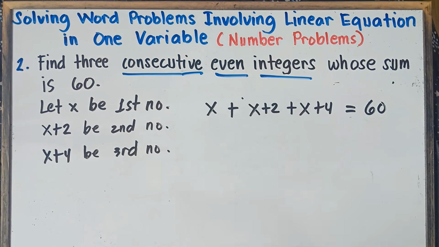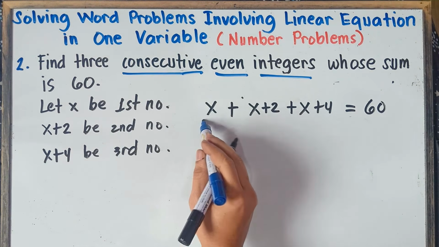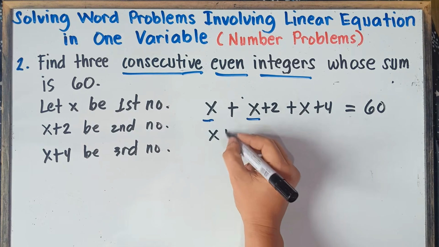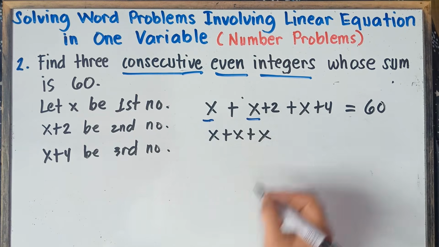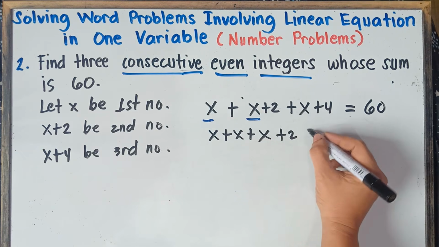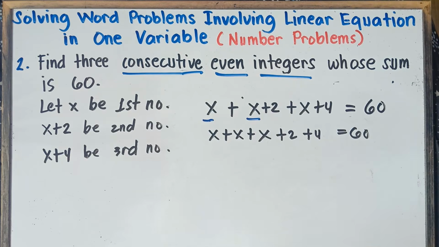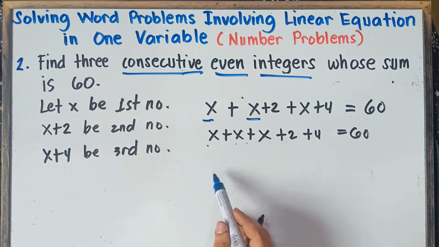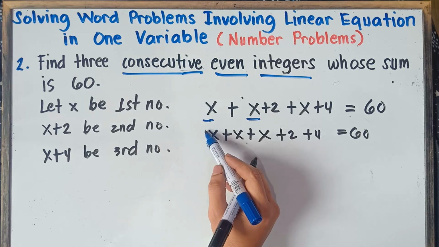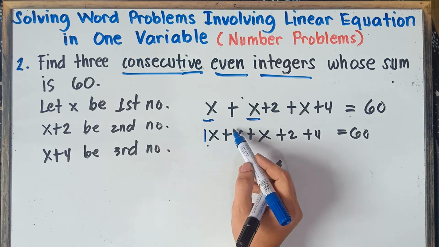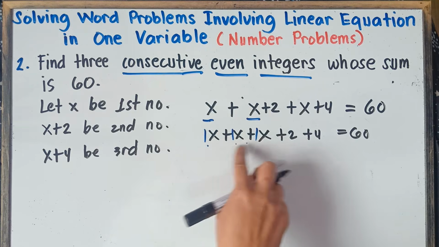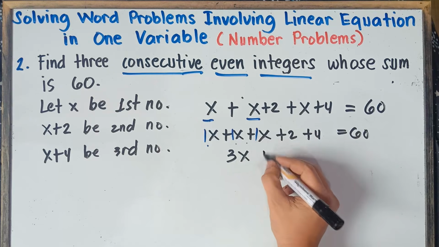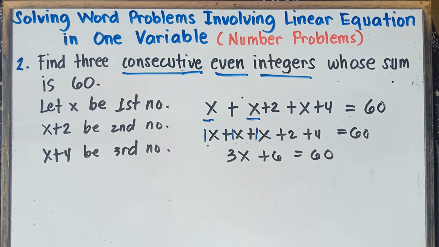Alright, and then simply combine these. So, x plus x, we can arrange, class, for you not to be confused. So, x plus x, another x, plus 2, and then plus 4 equals 60. So once again, class, combining algebraic expressions with the same literal coefficient, the same letter, simply copy the letter and add the numerical coefficients. Understand that there's 1 here. 1 plus 1 plus 1 is 3. Simply copy x. 2 plus 4 is 6, equals 60.